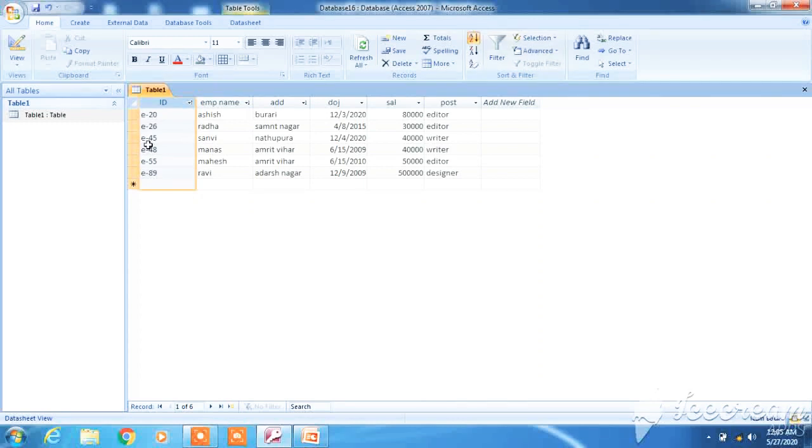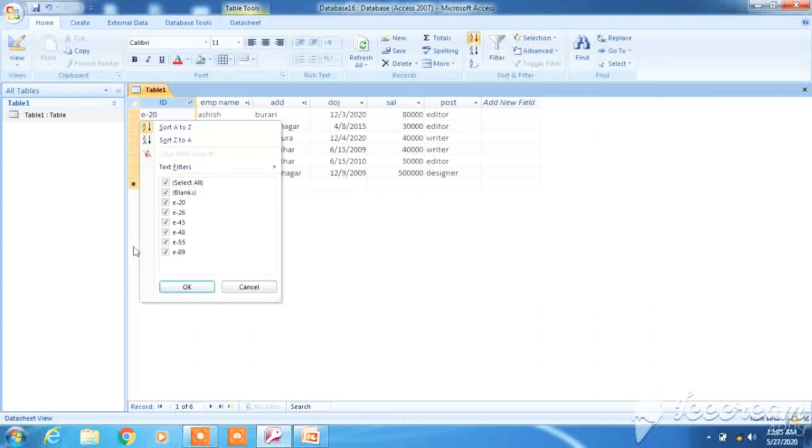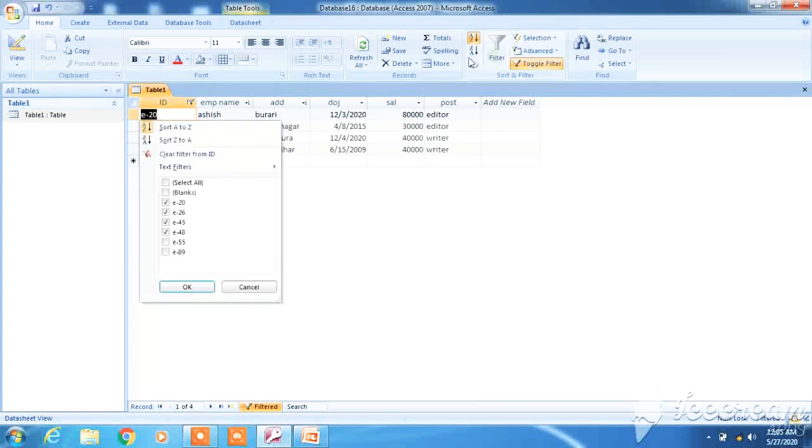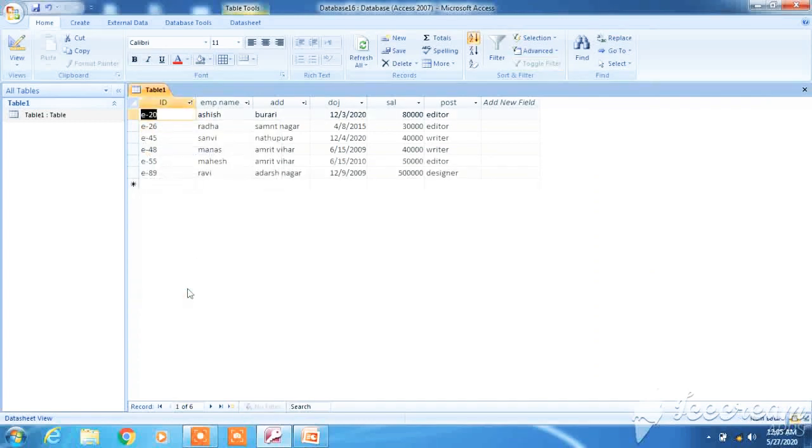Filtering also is there. The specific data you want will get filtered. Suppose I don't want these two data, click on OK. Only those data I have selected will get filtered. These things you have learned in part 1 of the chapter 4.